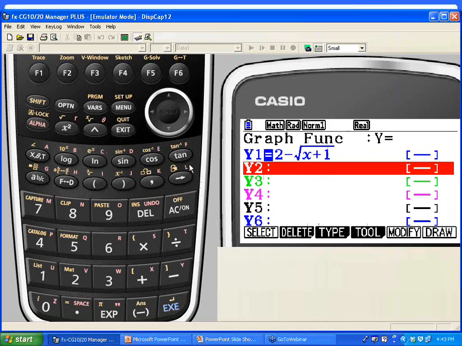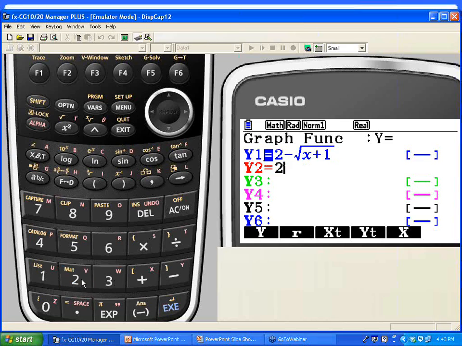You would end up with 2 minus the square root, let's see, I believe I mistyped that, sorry, hold on a minute.